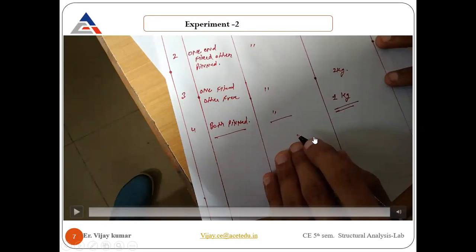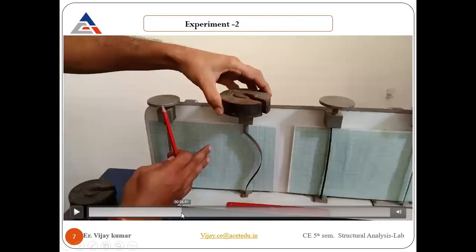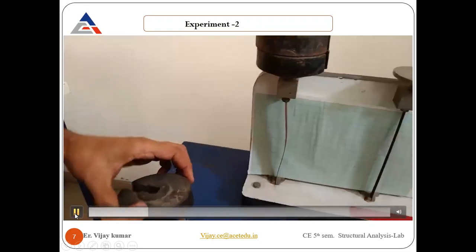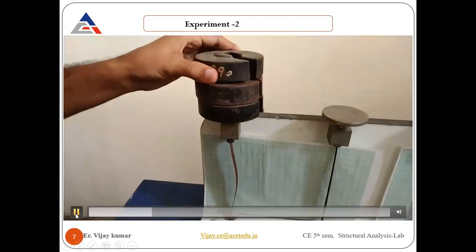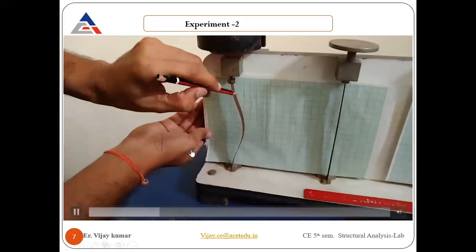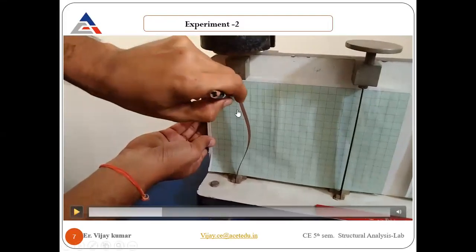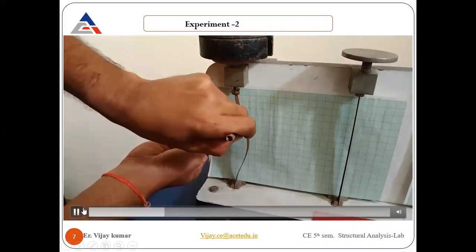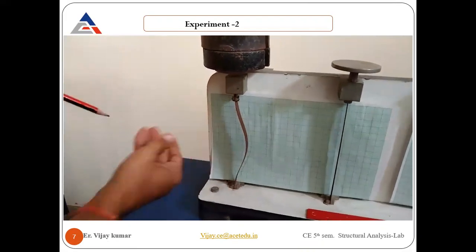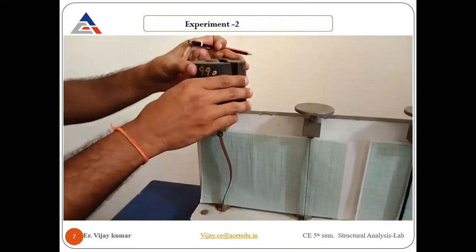shape on a graph. The thing I just want to tell you is that if you see both the conditions here, let me show you again, you will find some difference. What I want to say is this. I think you can see, for deflection of this fixed end beam, I need to apply 3 kilonewton. And for all the other cases, I apply approximately 1 kg load, and you find the deflection instantly. There is no such resistance against that load.